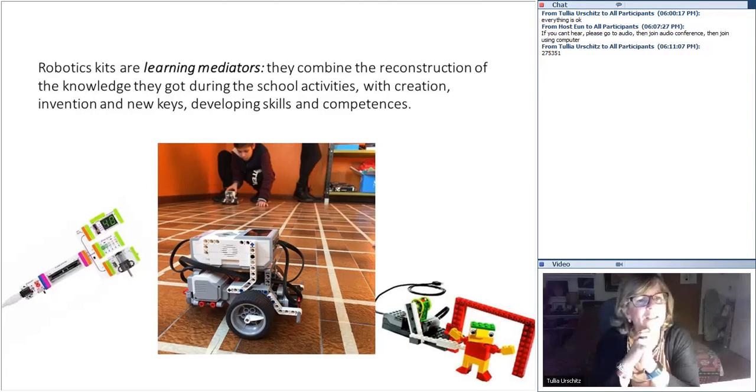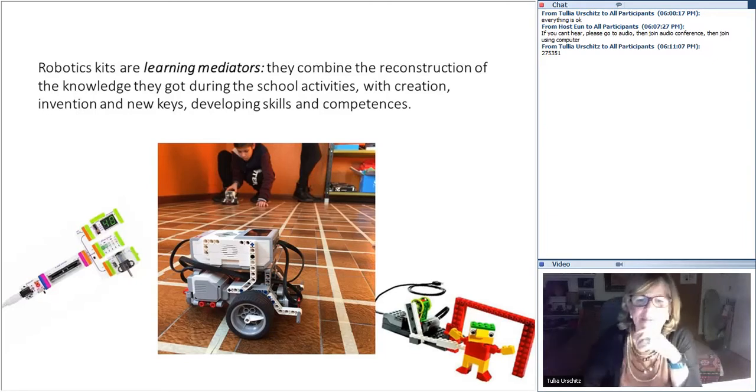In this slide you can see in the middle the Lego Mindstorms EV3, that is one of the most common robotics kits used in several classes, not only in Italy but all around Europe. On the right, a Lego WeDo kit, and on the left, a very nice new kit that is a little bit